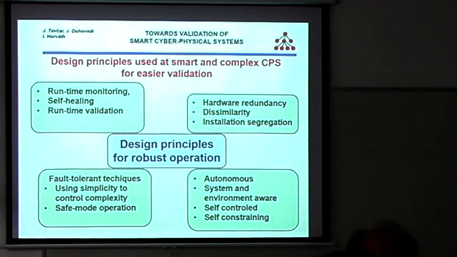Maybe it sounds like science fiction, but I would like to stress, when I was comparing these different materials, that for complex systems we very often discuss several solutions.